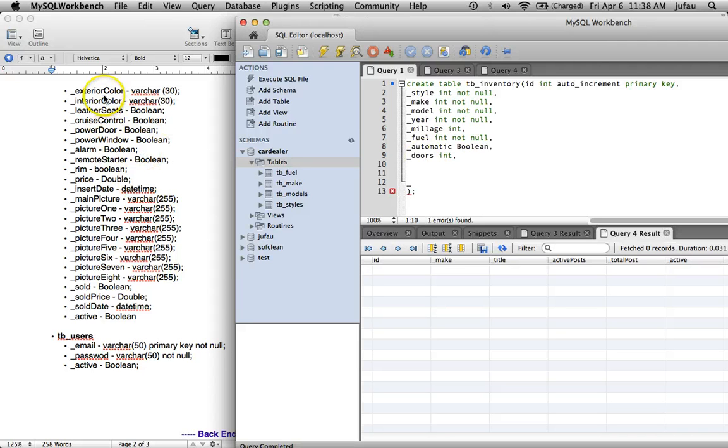So I'm not using an extra table for colors, okay? It means the user will have to enter the color manually. Exterior color varchar 30, interior color varchar 30,